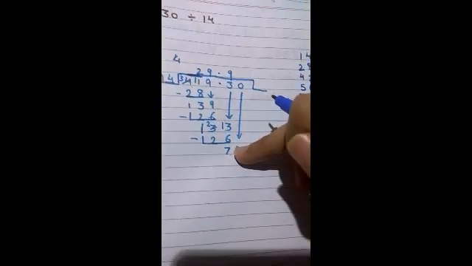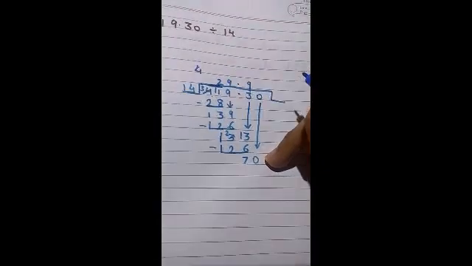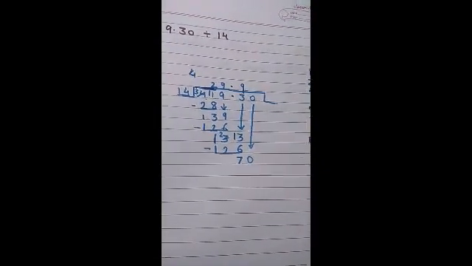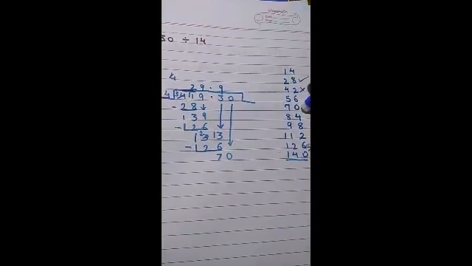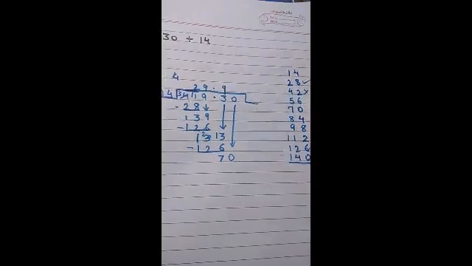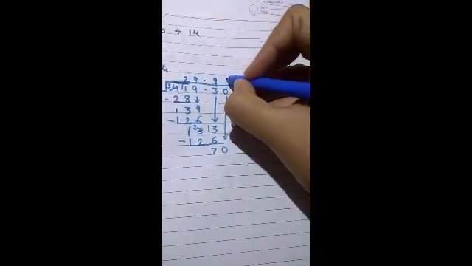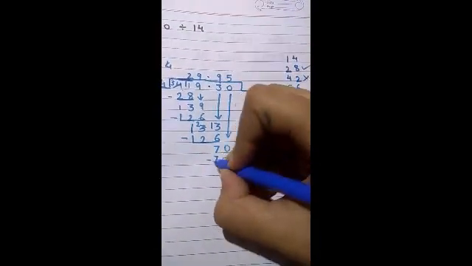Now again you have to say the table of 14. फिर से बोलेंगे जब तक 70 या उससे बड़ा नंबर नहीं आता, फिर हम स्टॉप कर देंगे. 14 ones are 14, 14 twos are 28, 14 threes are 42, 14 fours are 56, 14 fives are 70. आ गया 70. Did we reach? When did you get it? 14 fives are 70. Just write down and subtract.